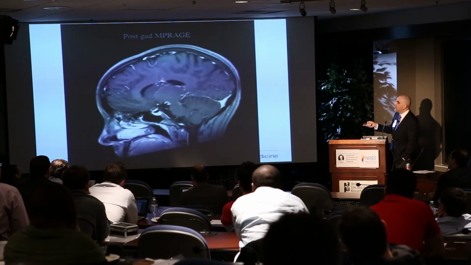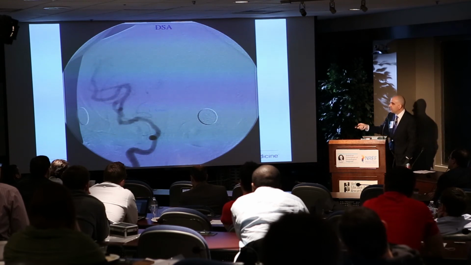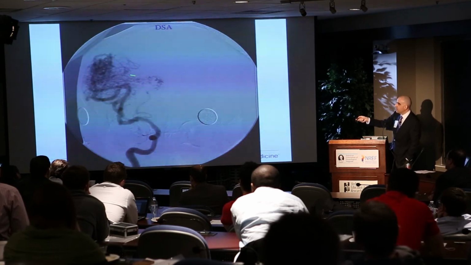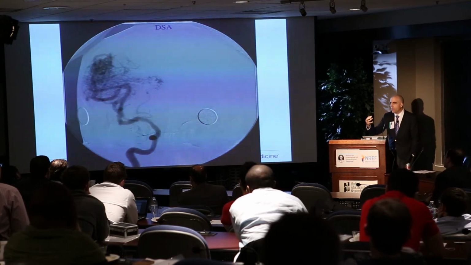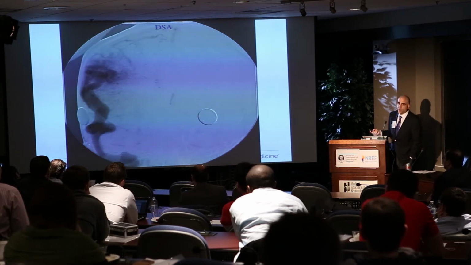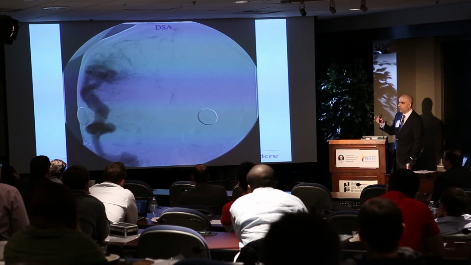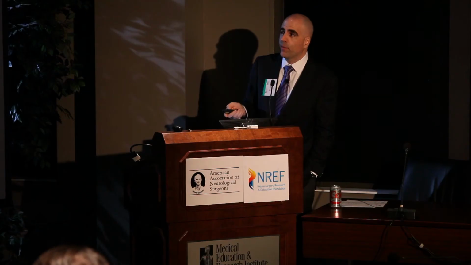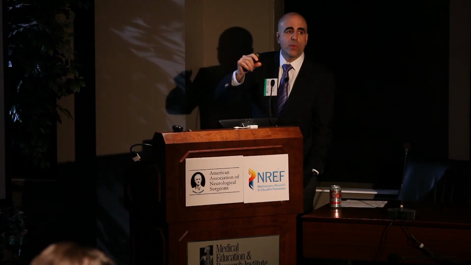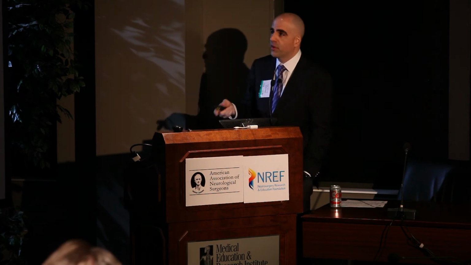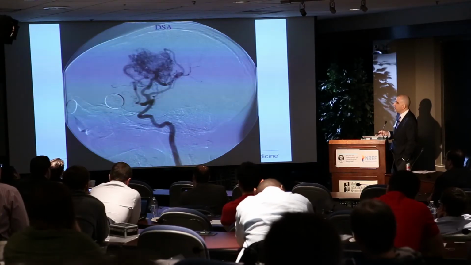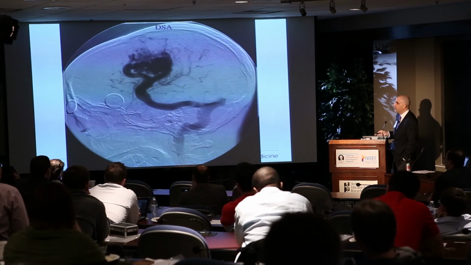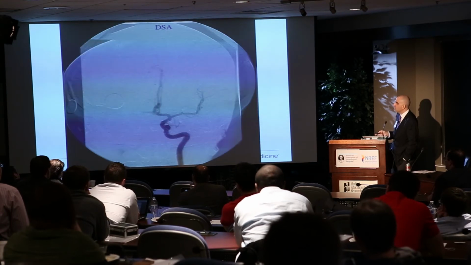And so she had also an ACOM that I clipped. She has these deep feeders that this is problematic. This is crossing the deep white matter. And so we treated this with staged radiosurgery. She's now at her 5-year follow-up. Her AVM is gone and she's intact. Another way to approach this perhaps is to treat the deep component with radiosurgery and bring her back and then resect it a number of years later. But at the time we did staged radiosurgery, two-session radiosurgery, and she did well from that.